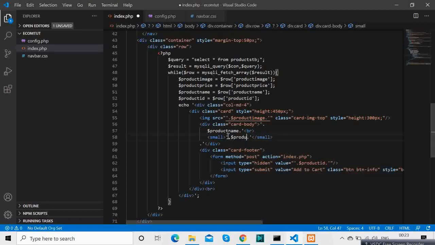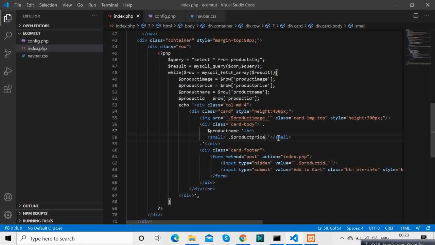I have also decided to add the product price, because without the price, how would it look actually? Because people decide what product to buy, and obviously want to know about the price. So I thought of adding that also, but we could have also done far more things.